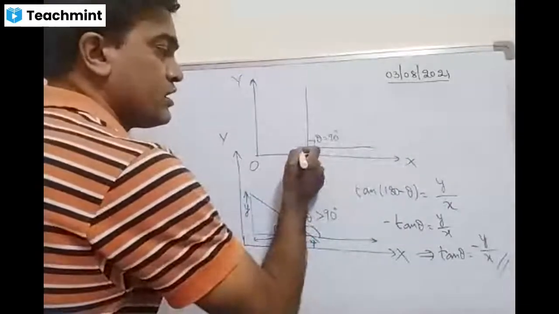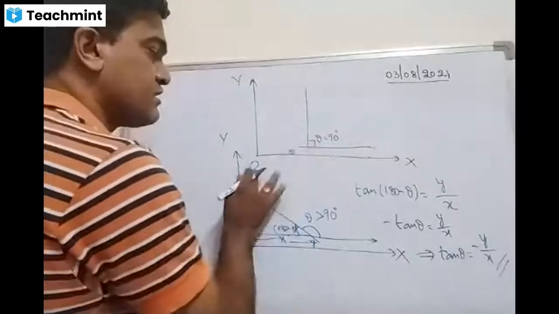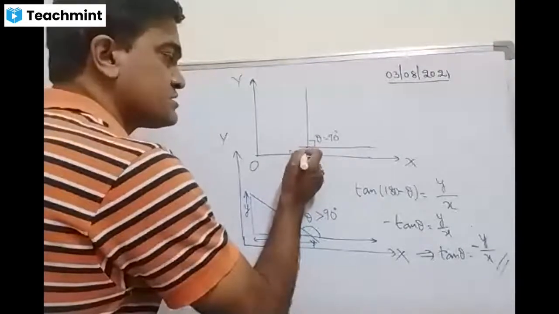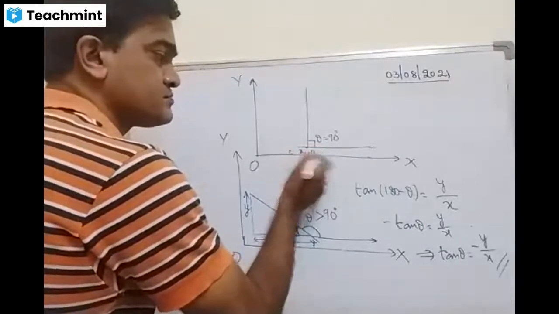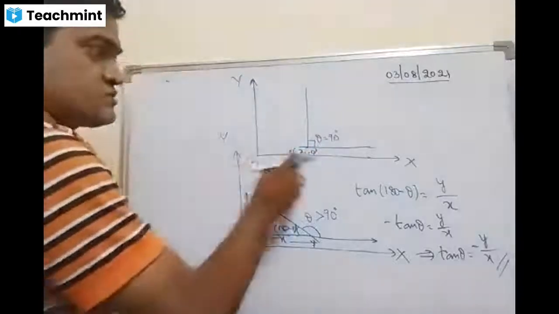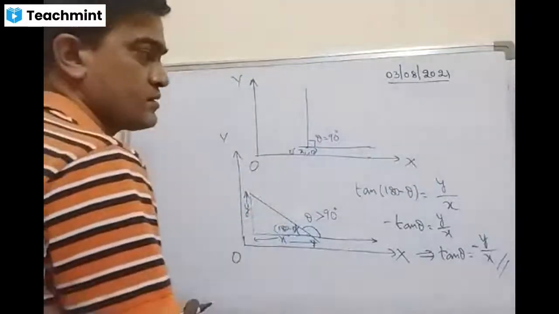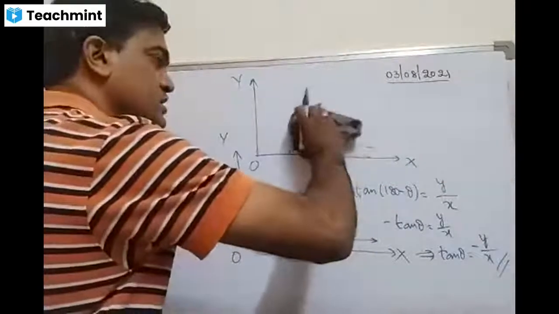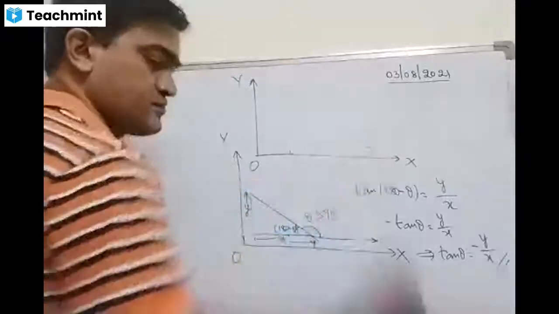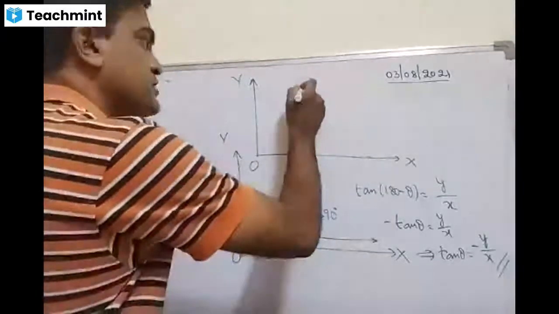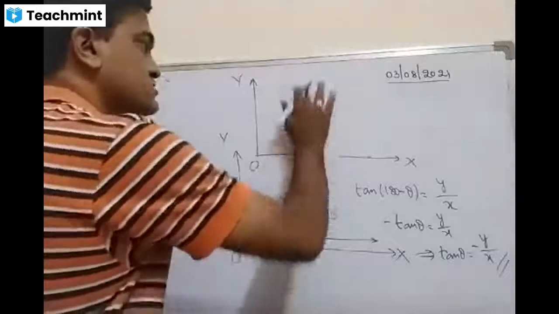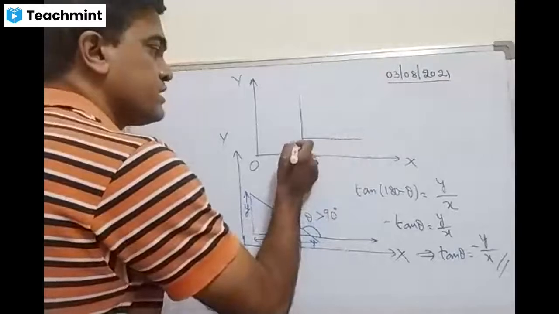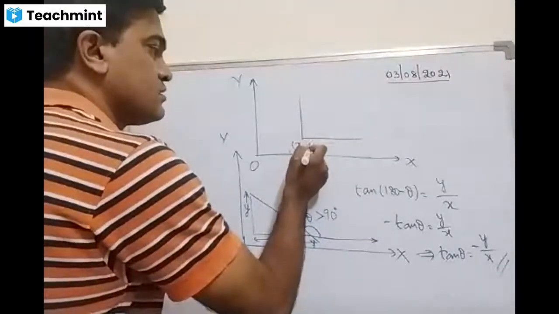See now, here I will take the origin. Let me take this point as x1, 0, because the y coordinate is 0 at this point. Okay, let me draw it like this, it's better. Let me show you this way. Let me show two lines like this, and let me take the coordinates as x1, y1.